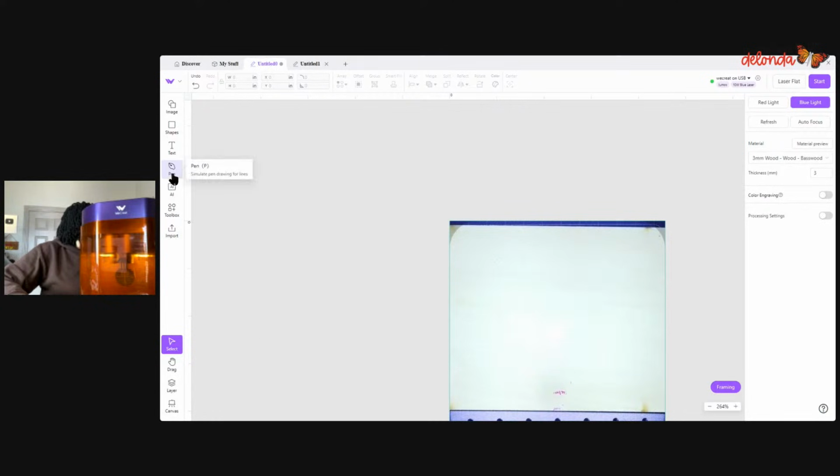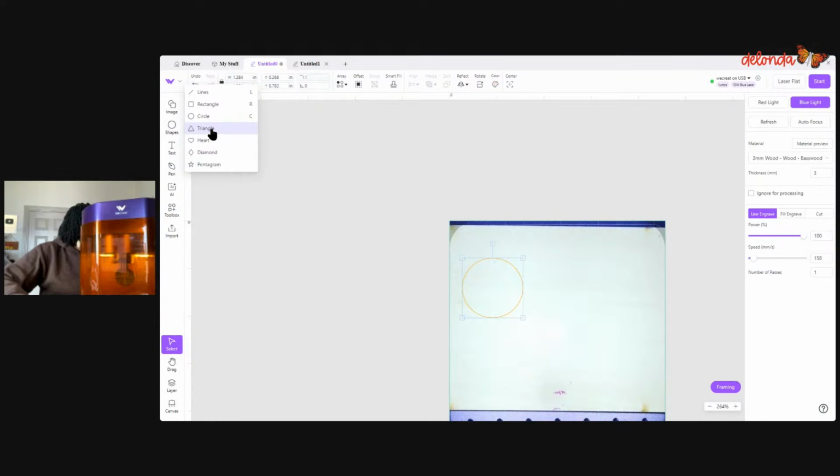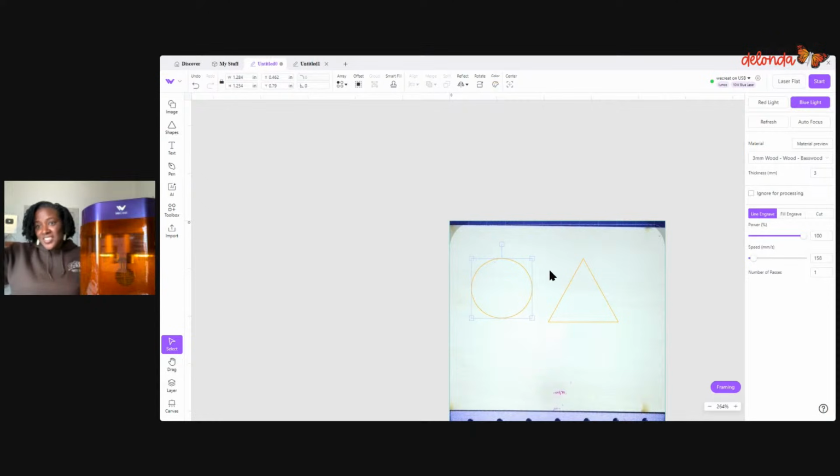All right, so I'm gonna add two shapes. Let's go and add a circle. Hold on. And let me lock the proportions. Oh my gosh. And then I'll add a triangle. All right, so now remember when I said when you add something to the canvas, the next on your list,